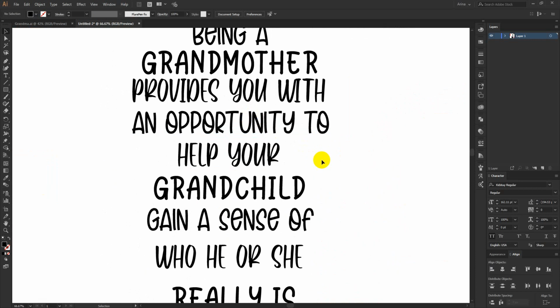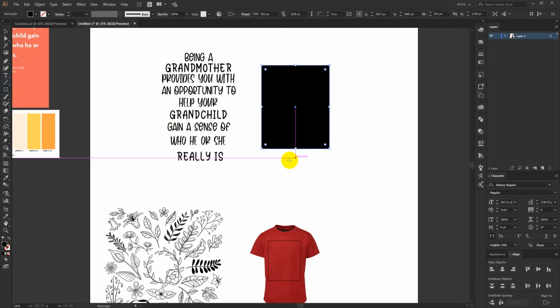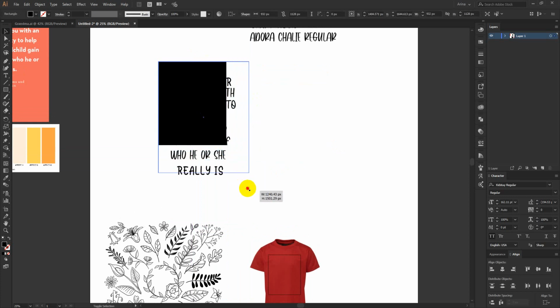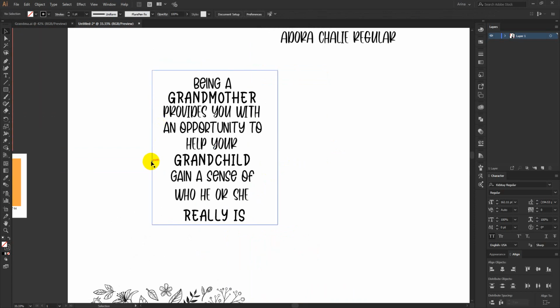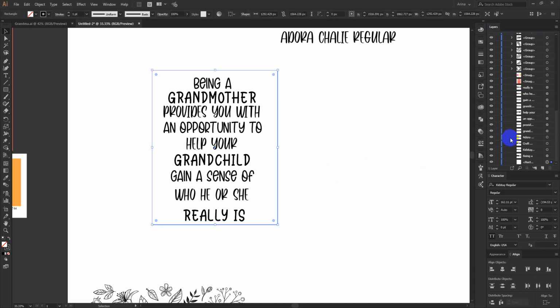Just one more thing, I need to keep in mind that my main design will be something like this area, something like a rectangle. So I have to keep in mind that my design fits into this kind of area. Just make it a bit bigger, something like this. Okay, so this will be my main design area. If I select this one and then cut, paste in back, now I am locking that one.